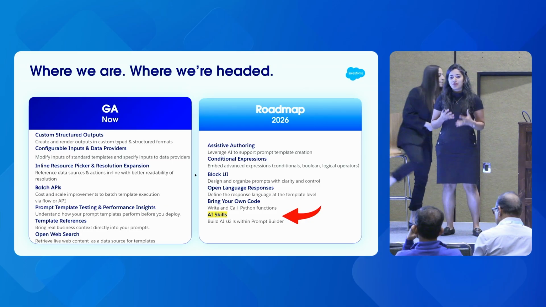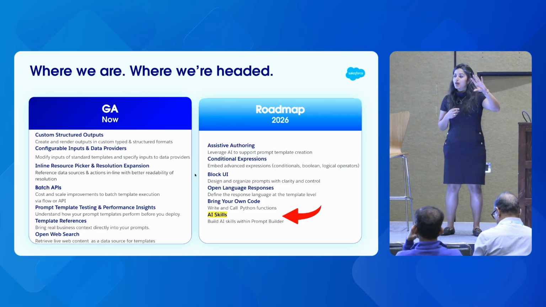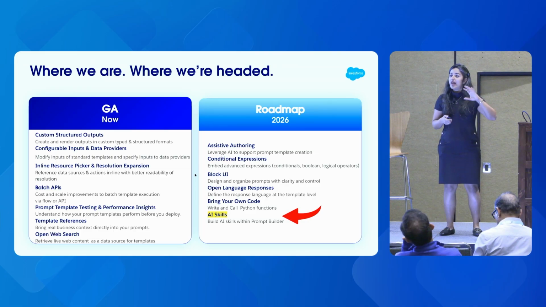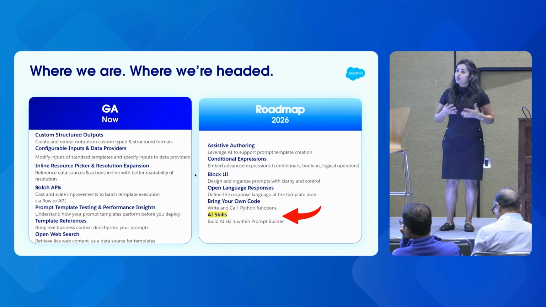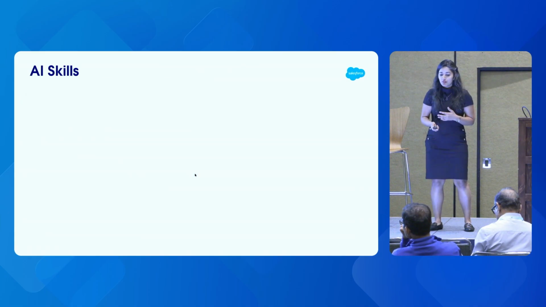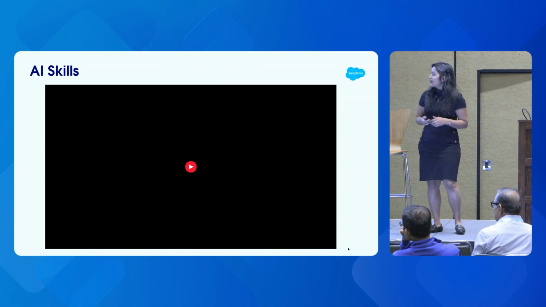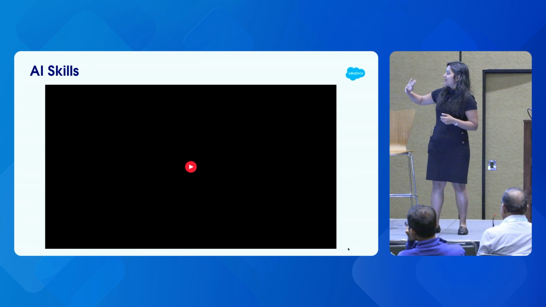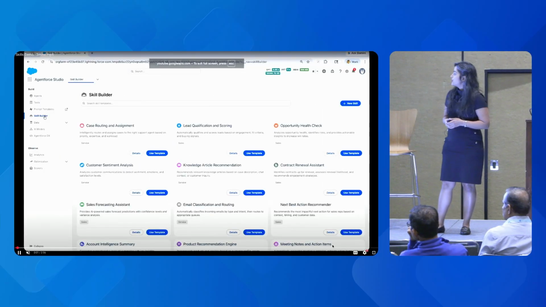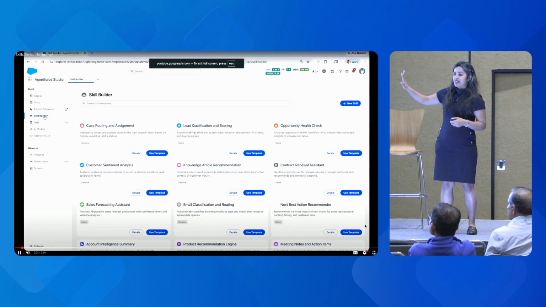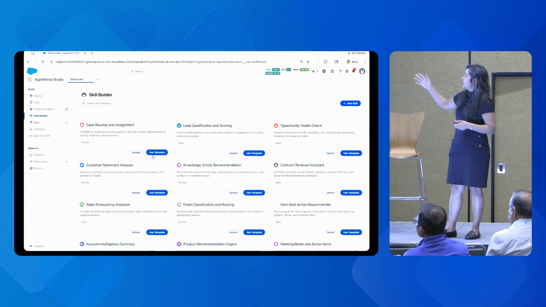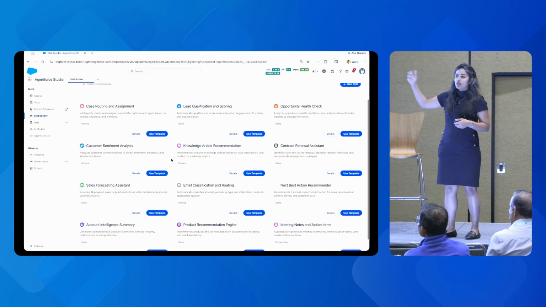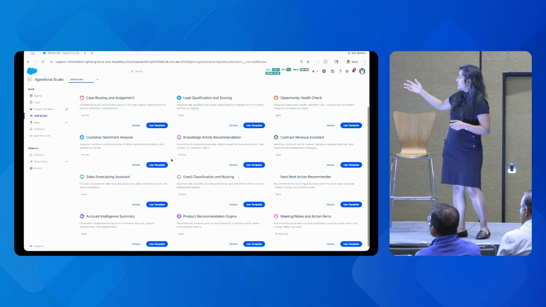It's that same type of construct where now you can take a prompt and also layer different actions alongside that prompt to then be able to create a full workflow that you're able to automate. What does all of this mean? So let's go ahead, and you're going to see a very early version of this that I will talk you through. So each user will have access to their own skill library with all of the skills that they have access to. So you can see each of them, you can clone these,